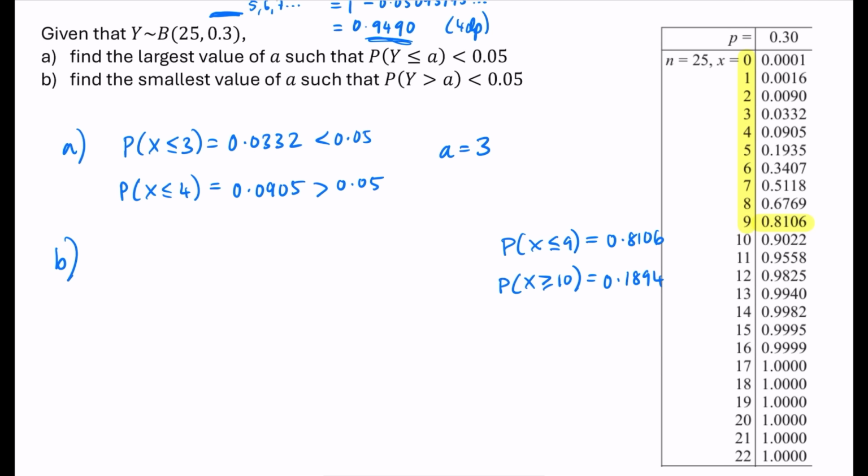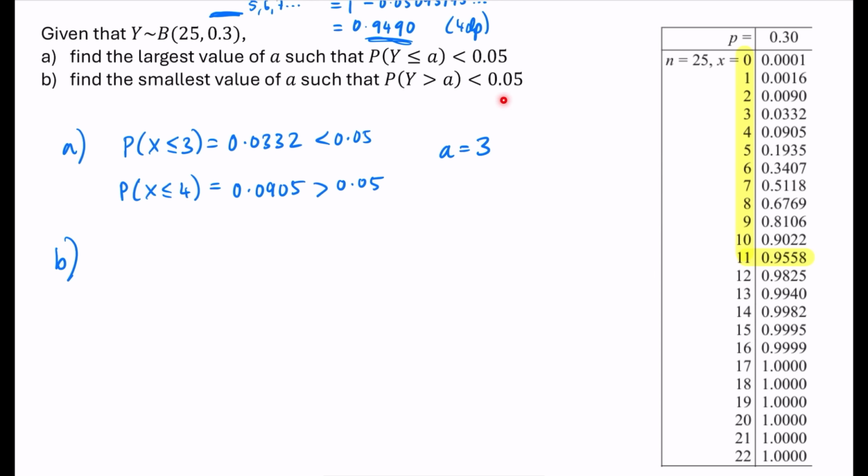So let's have a think from our table. If we're saying that it's got to be less than 0.05 for it being greater, I'm going to look for something that is greater than 0.95, the first one that goes bigger than 0.95. So let's get rid of all of this. It's not that helpful. So this part is 0.95. So we're saying that 11 or less is 0.9558,